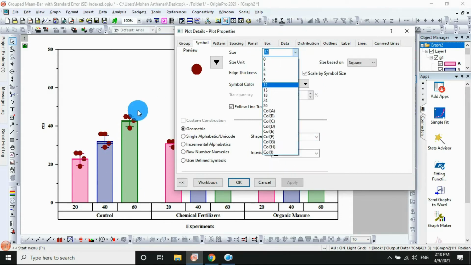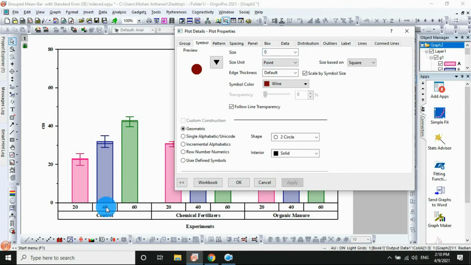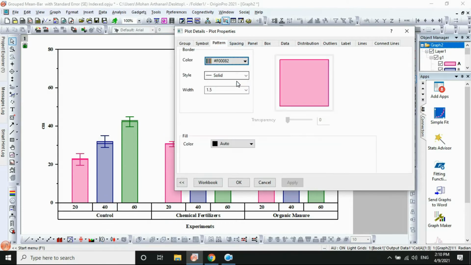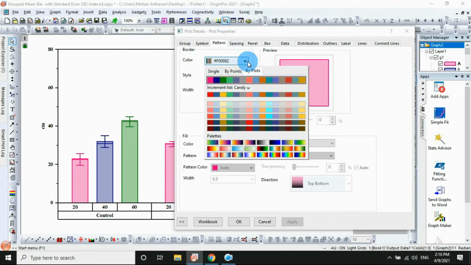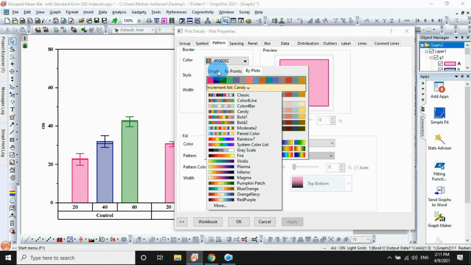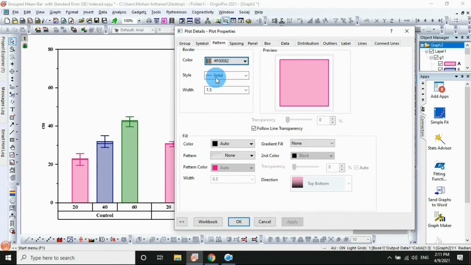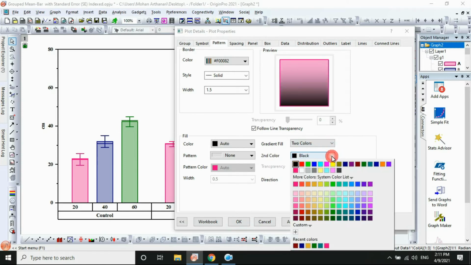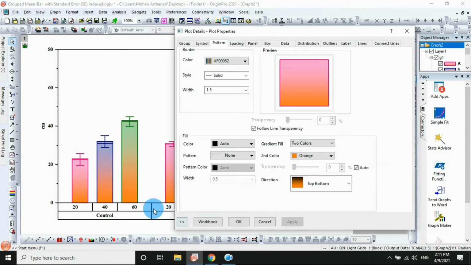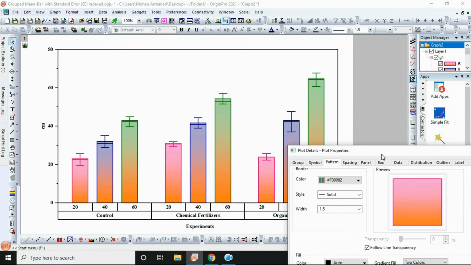If you do not like the symbol, then change the size to 0, then apply. The symbol is not visible. Then the pattern's color also changes. If you like any color changes, use the same method as before from the view group menu. The color border and the pattern are also the same, but this is a different style of designing. If you like any other two colors or one color, select the two colors, click that one, apply. Our graph is a two color view.